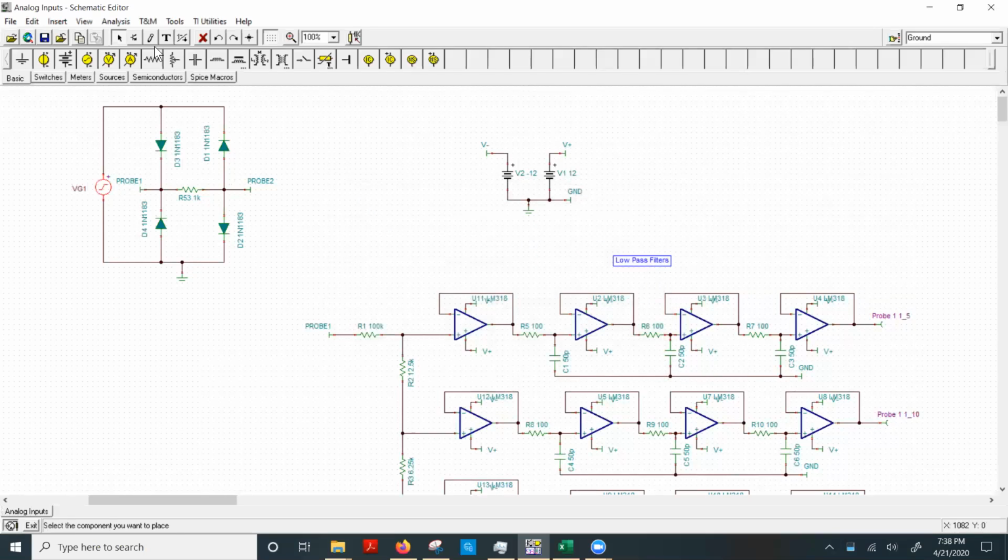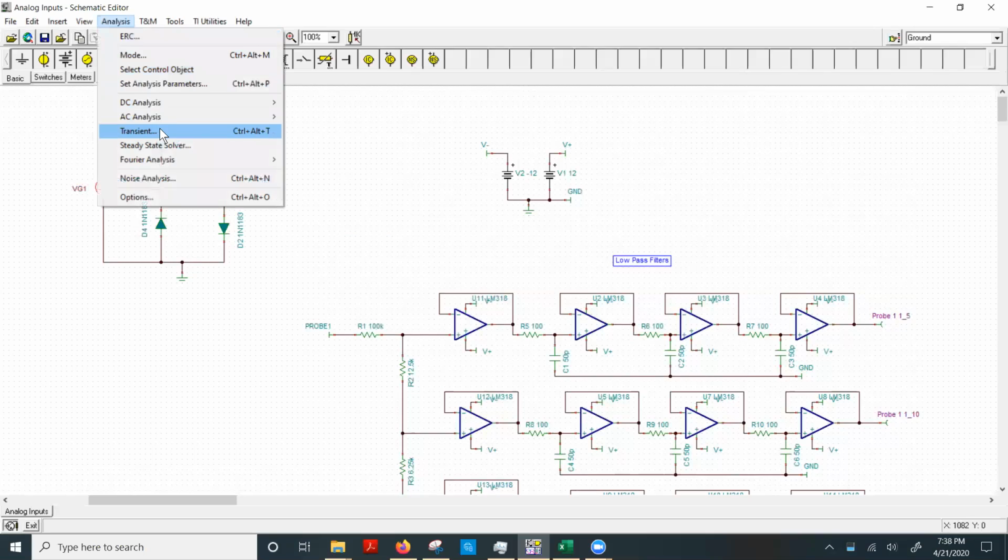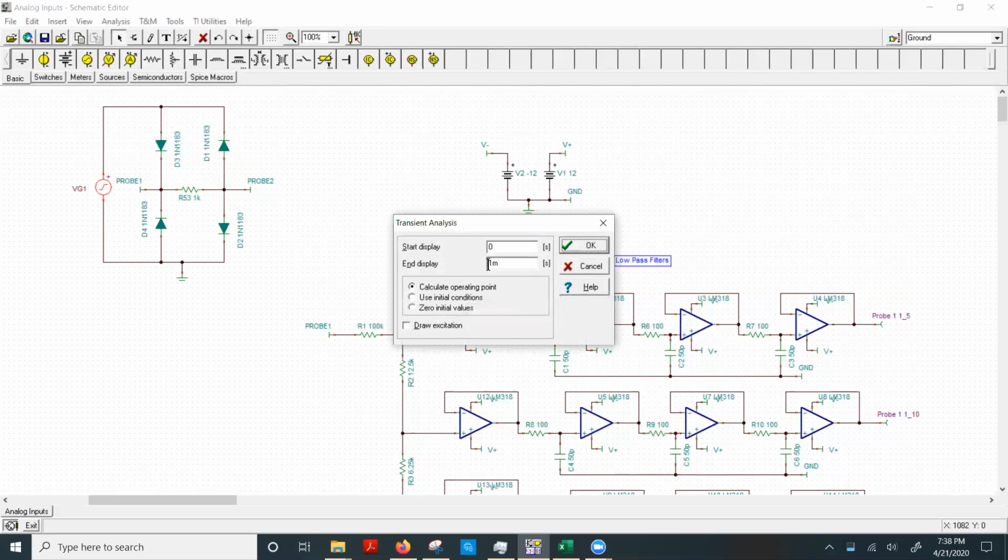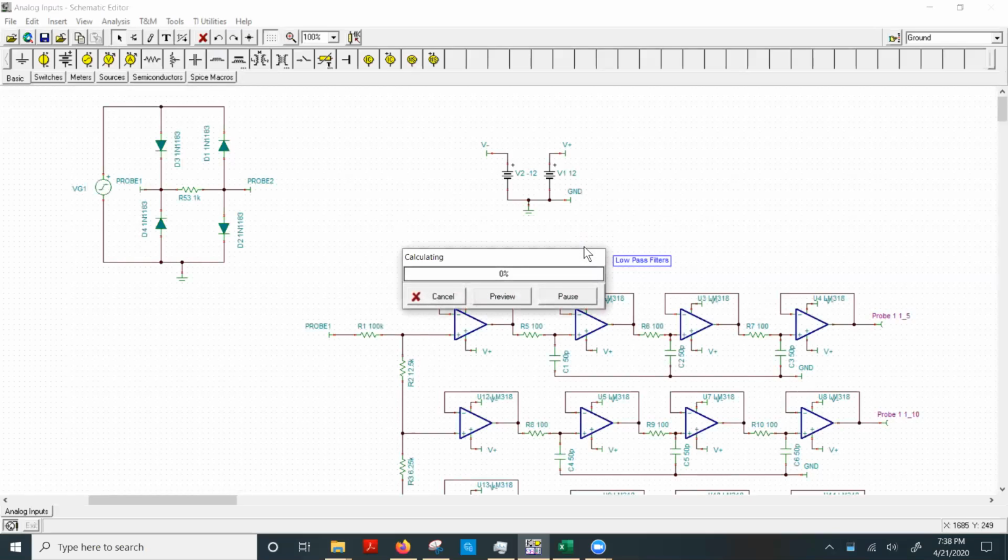So now I'm going to run a simulation using that. So for our simulation, for a transient analysis, I need a certain amount of time to run this for. So I'm going to run this for 1 millisecond. That'll give me 5 oscillations from a 5 kilohertz signal. So I click that and I run that, and it might take a bit of time for the simulation to run